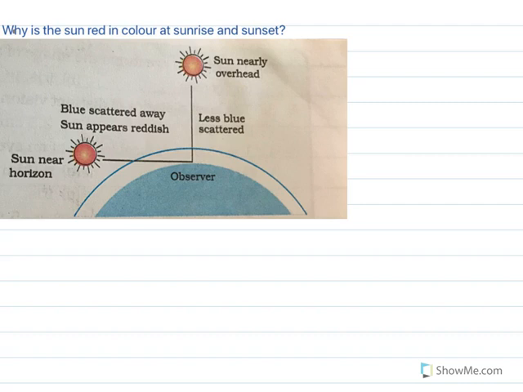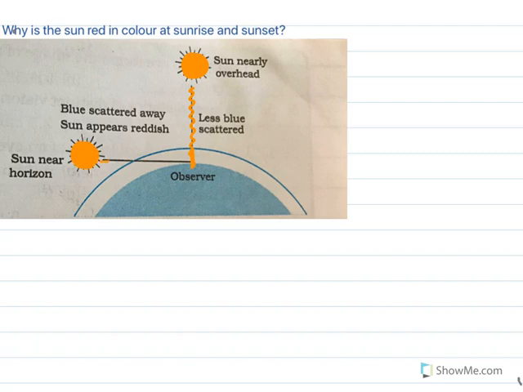Why is the sun red in color at sunrise and sunset? To understand this, let us see the difference in the positions of the sun during noon and during sunrise and sunset. During noon, the sun is overhead, and the sunlight which travels down has to pass a very small distance through the atmosphere. But when the sun is at the horizon,